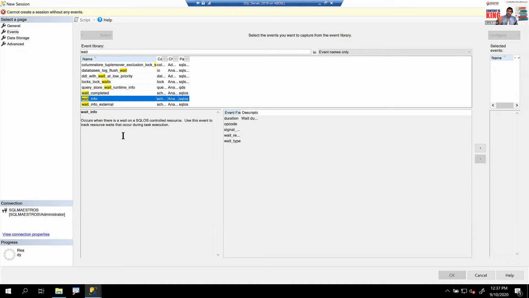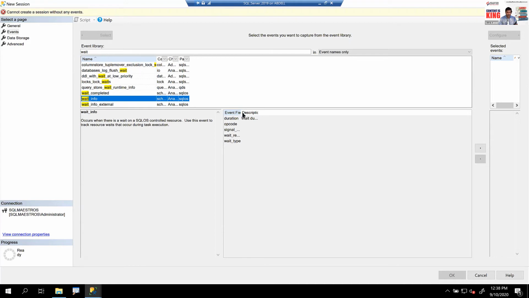So this resource contention and wait also happens at the SQL OS level. When you send a query to SQL Server, for you it's a query, but when SQL Server takes in the query and wants to execute it, it gets converted to a task. And a thread is assigned to the task. And a worker from the pool is scheduled to take this thread and schedule it on a scheduler. Scheduler is the logical CPU. So this is how it all happens. Anyway, now let's go and take this wait info.